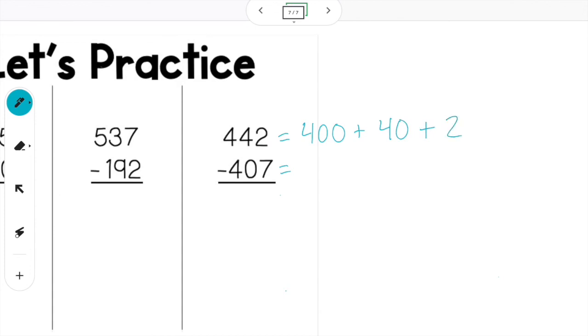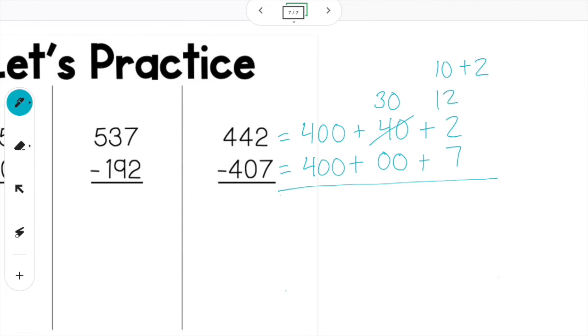All right, 407 is going to be 4 hundreds, 0 tens, so I'm going to put a 0 right there, and 7 ones. So now I am ready to subtract. Okay, so I cannot take 2 away from 7. 7 is my biggest number, so I have to go over to the tens place. Looking at the tens place, 40 minus 0, again, my biggest number is located at the top, so I'm going to cross out that 40, and that 40 is going to become a 30. Now I'm going to add my 10 ones plus my 2 ones, and that is going to become a 12. All right, perfect. So 12 minus 7 is going to be